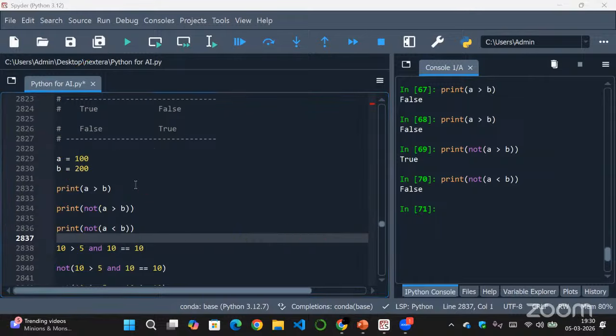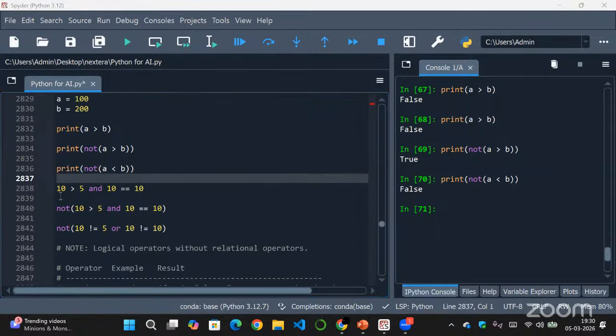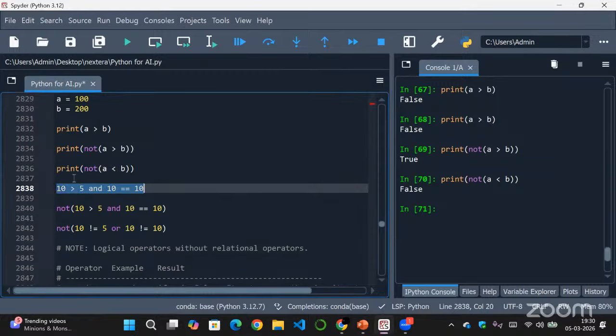And then moving on, we have 10 greater than 5. That is a true value. And 10 equal to 10 is also true. As both of the expressions are true and we have an AND operator, we'll get true. But if you see, we have a not of this whole expression. Not of true will be false. And here we have 10 not equal to 5, so that is true, or 10 not equal to 10, that is false. So at least, as we have the OR operator here,